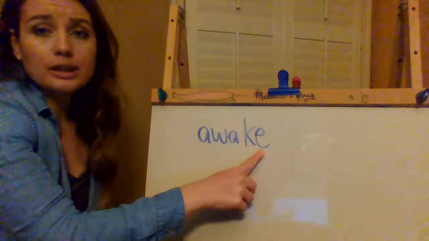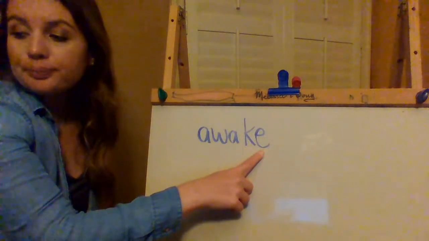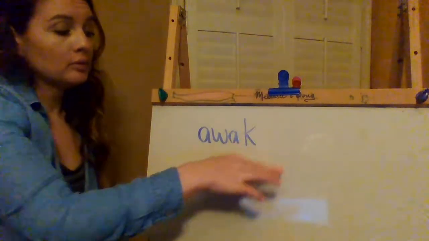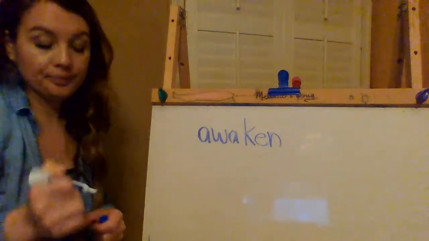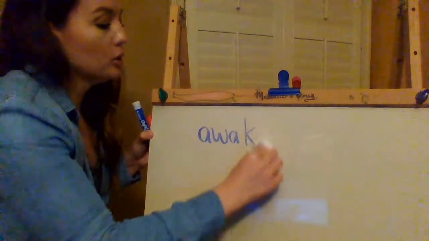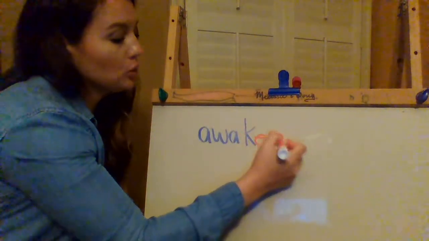This is not a consonant, so you don't have to double it. We're going to have to drop this e and add en to make it awaken. Okay, that is the rule for that one. So I'm going to go ahead and do that in red so you can see. But I'm going to give you 3 different